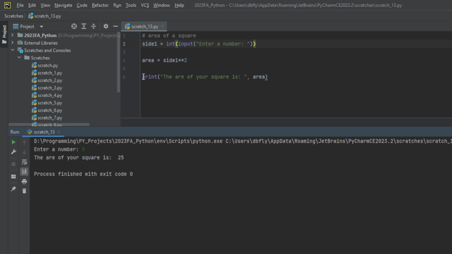And you can see here in the print statement, it will print the area, even though it's an integer. It knows how to print it as a string. If it didn't for some reason, we could just do str around the area, run that again, and it'll still print the same way. So now it's printing it as a string. There's a little extra space there,